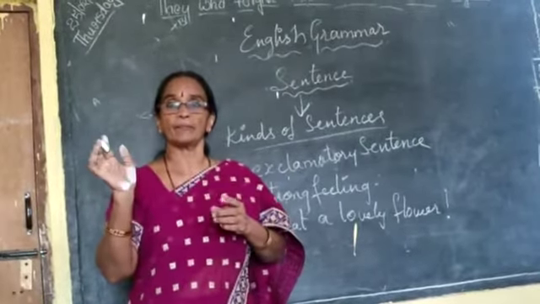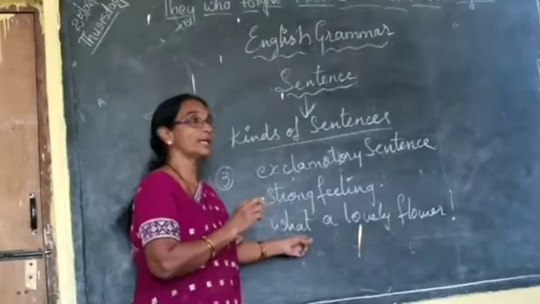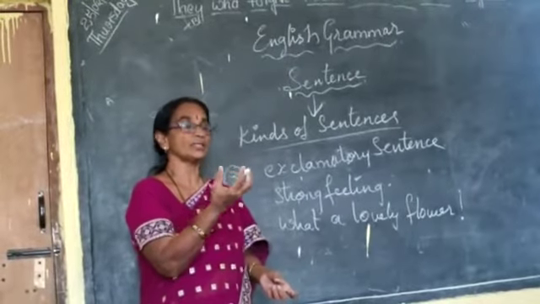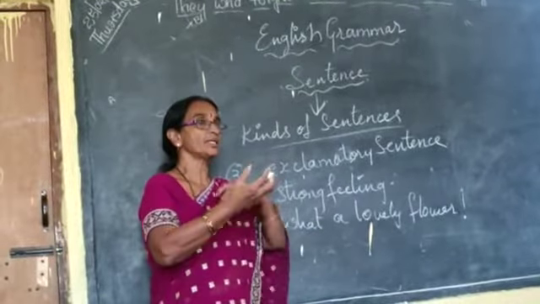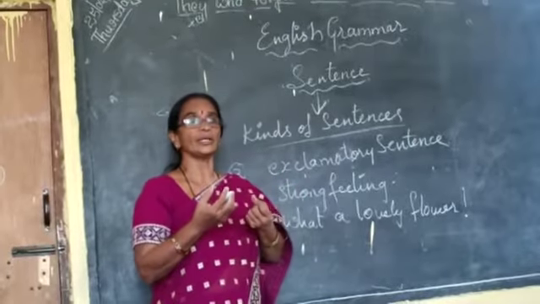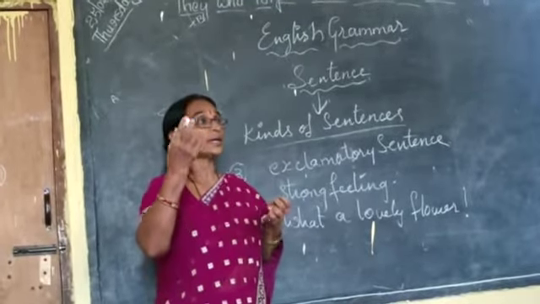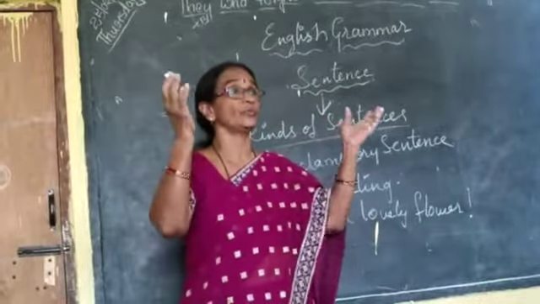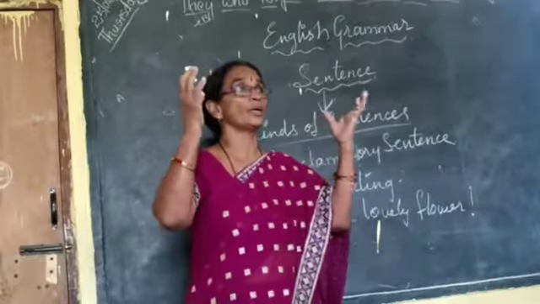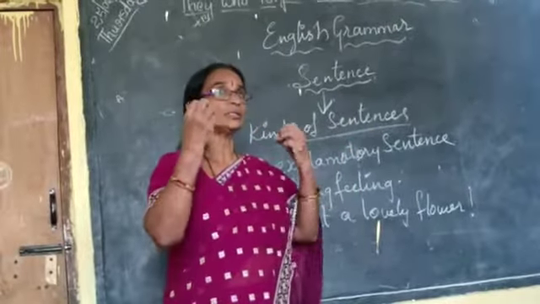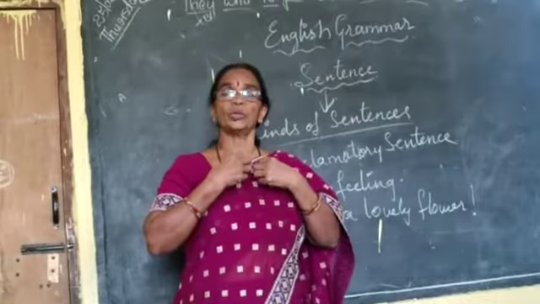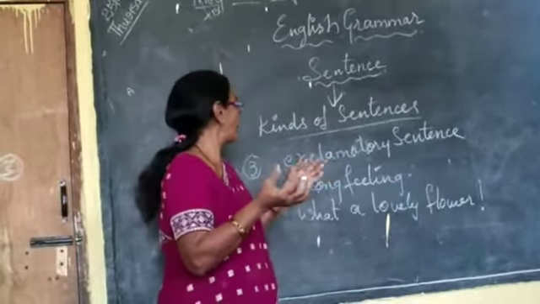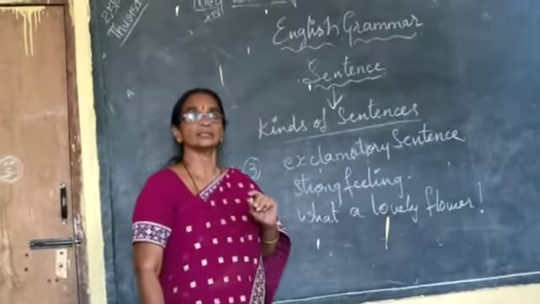It is not a question. Because of what is there, it doesn't become a question. You hold a flower in your hand and you say, what a lovely flower. That is your feeling, your strong feelings. Hooray, we have won the match. That is a strong feeling coming when you are seeing the cricket and you win the match. So suddenly you will say, hooray, we win the match. So the things which come through our heart, our feelings, those feelings are called exclamatory sentences.